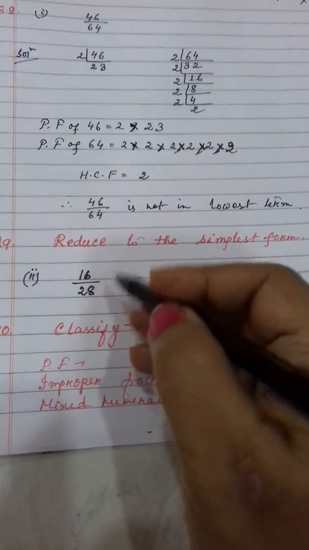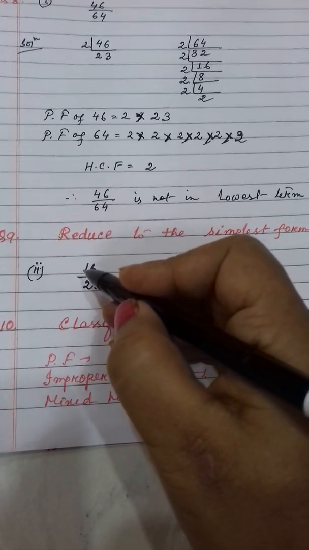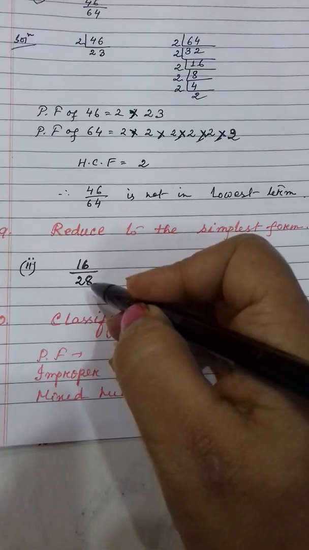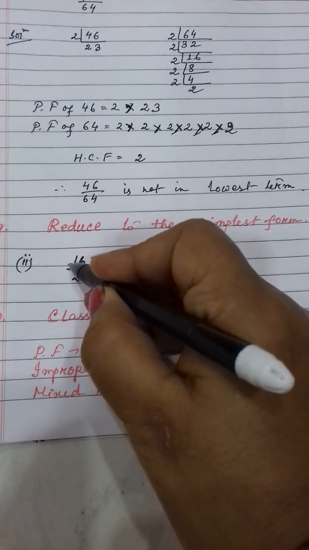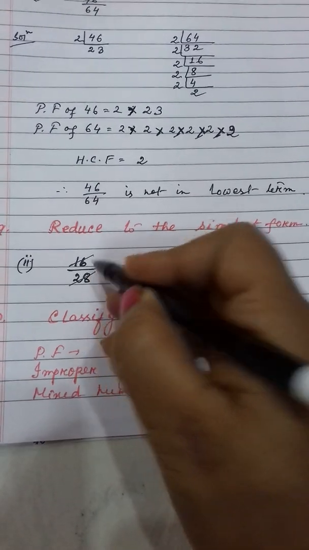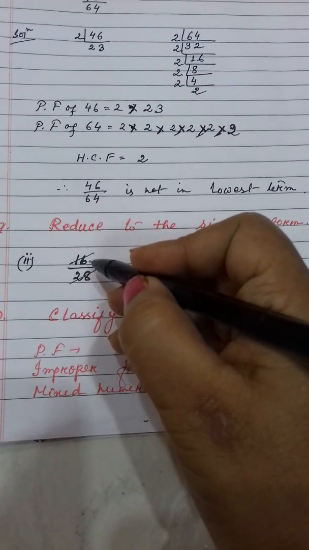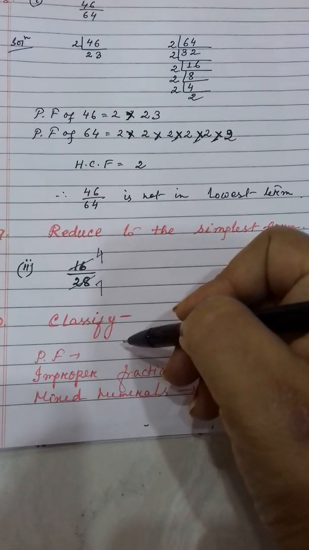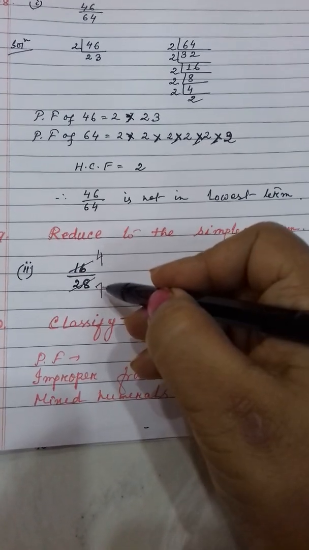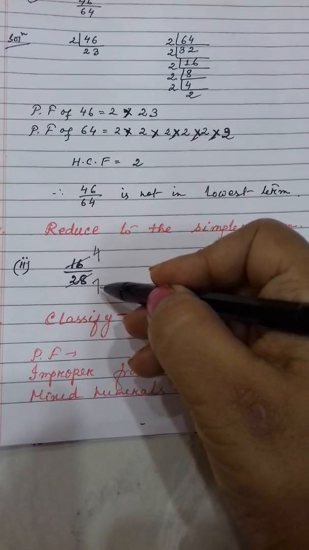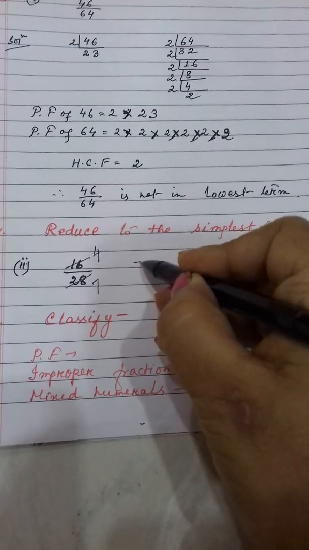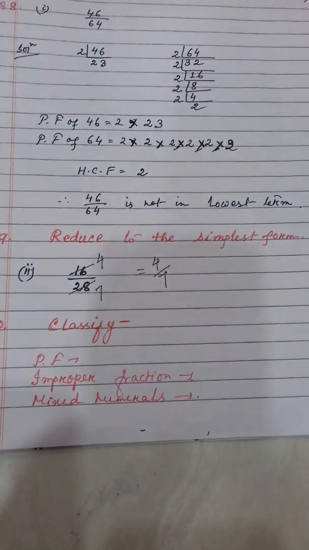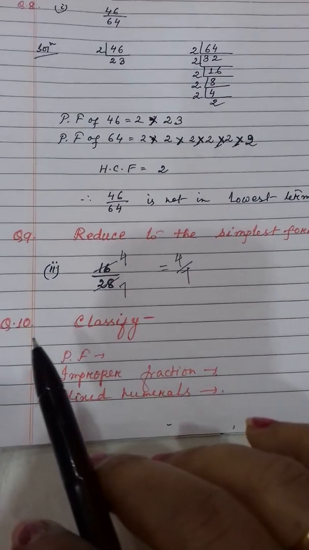Clear? Question number 9, you have to reduce to simplest form. That means you have to convert, means reduce to lowest term. So I told you, by whichever number you divide the numerator, with the same number you have to divide the denominator. So it is 16. You can use any big number also, small number also. So if you use 4 here, then 4 fours are 16, 4 sevens are 28. Yes or no? Directly I have done. Now 7 is a prime number. Prime number cannot be divided further. That means your lowest term is 4 by 7. Got it? In this way you will find out the rest.